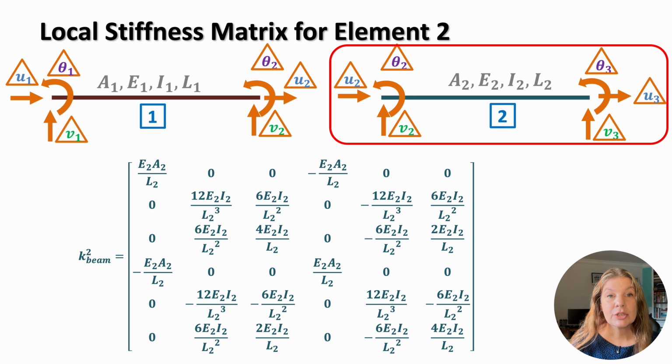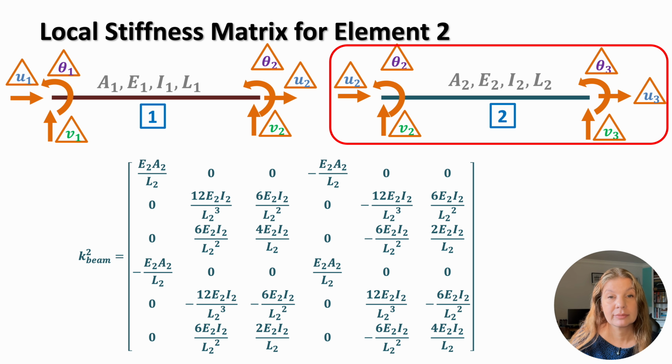Element 2 has a length of L2, modulus of elasticity of E2, and a moment of inertia of I2. Again, using the standard beam element formulation, we can write its 6 by 6 local stiffness matrix. At this stage, both element 1 and element 2 have their own local stiffness matrices, expressed symbolically in terms of their properties. These two matrices are the building blocks that we'll now assemble into the 9 by 9 global stiffness